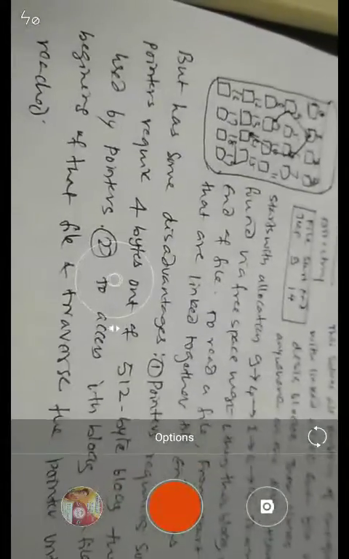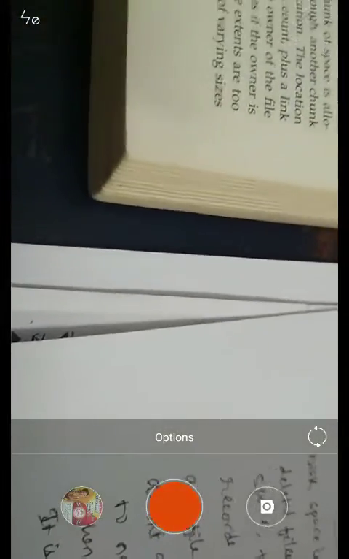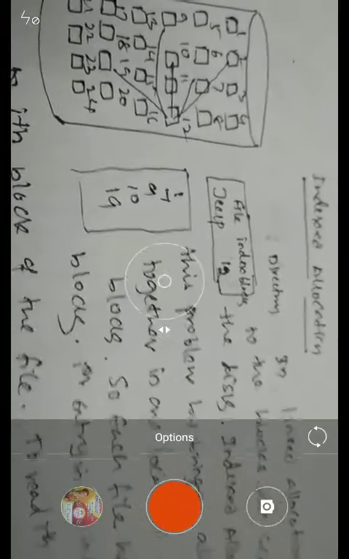So how it solves the problem here is that the blocks do not necessarily have to be contiguous. Here they are scattered in and around, and still allocation can be done successfully. But the problem with linked allocation is that if the link of any particular block is lost, then tracking the entire file becomes difficult. To overcome this problem, one more solution appears, called